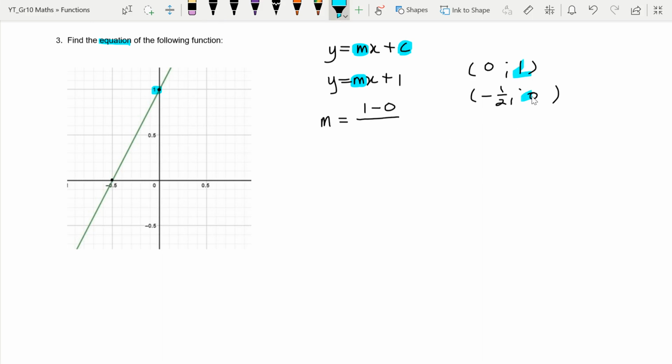I take the 2 y values and I subtract them. And then my change in x. So I'm taking 0 and I'm subtracting a number that is already negative. Watch out for that. And let's just simplify. So that would be 1 over 1/2. Therefore, the gradient is, what is 1 divided by 1/2? Must be 2. So the gradient is 2. Does it make sense that the gradient is positive? Yes, the graph is increasing. So what is the equation for this graph? Gradient is 2. Y-intercept is 1. We found the